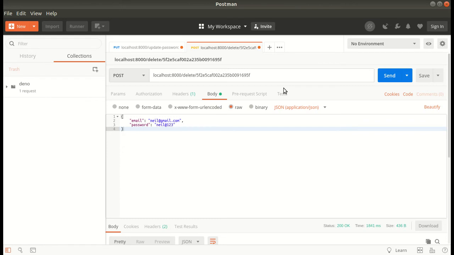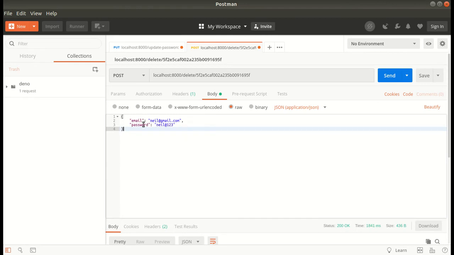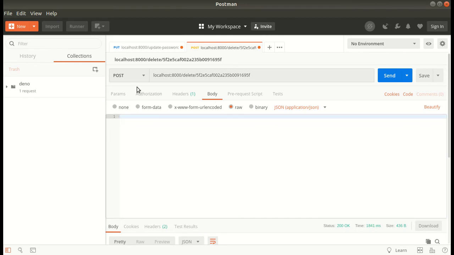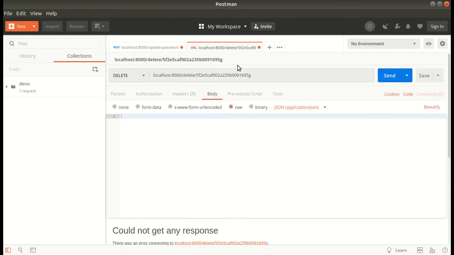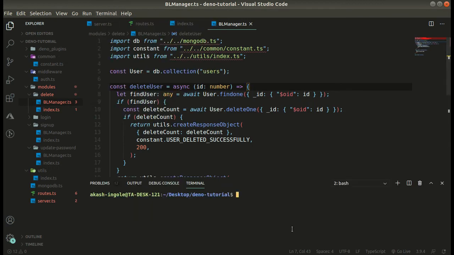We have our headers, we have body, and it will take no request, and it is of type delete. Let's first try tweaking this, to see if we get an error or not. Oops, how can I make this mistake?